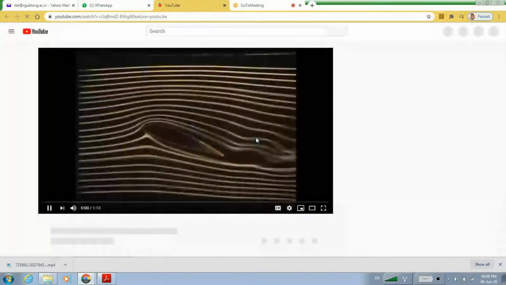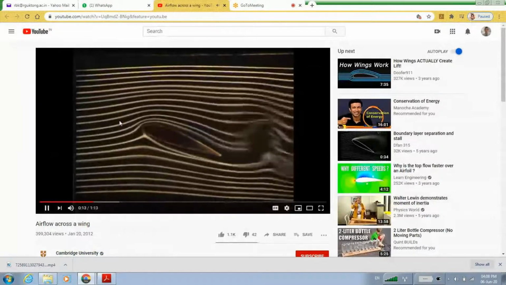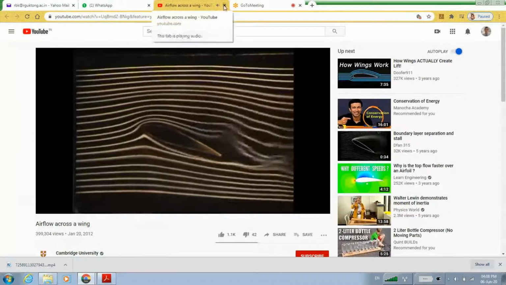So this is the Aerofoil. It's often said that lift on a wing is generated because the flow moving over the top surface has a longer distance to travel and therefore needs to go faster. The common explanation is actually wrong. This video shows that the air on the top does move faster, but it doesn't reach the end of the wing at the same time as the air along the